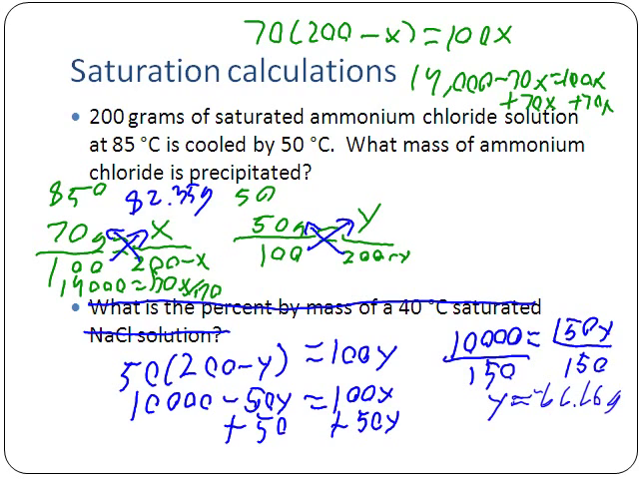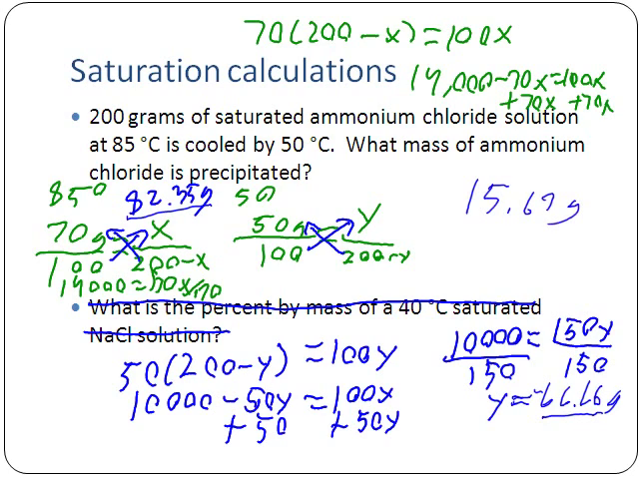So we started off with 82.35 grams. We ended up with 66.66 grams. And so the difference here is how much of this cannot be held by the solution anymore. It's how much precipitates out. And so we take our 82.35 and we're going to subtract from that our 66.66. And we get for our final answer